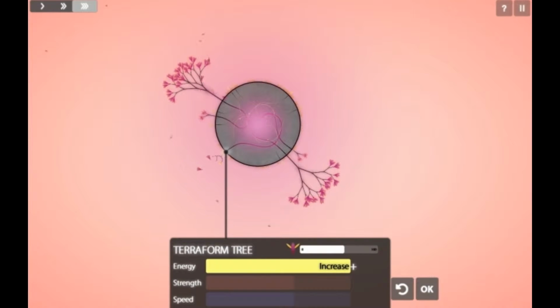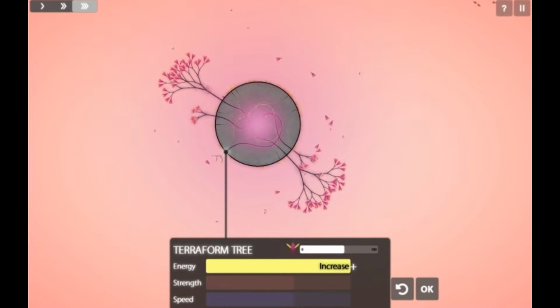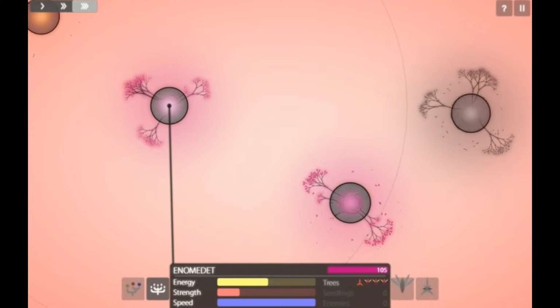contrary to what I said earlier, apparently you can only terraform one thing. That seems kind of useless because I've only used up half my seedlings. You can't reset it, that's just the back button, that's the OK button. Weird. So I guess to make the most use out of that, you'd want to take the lowest resource and